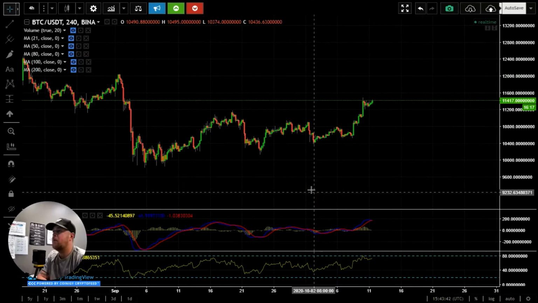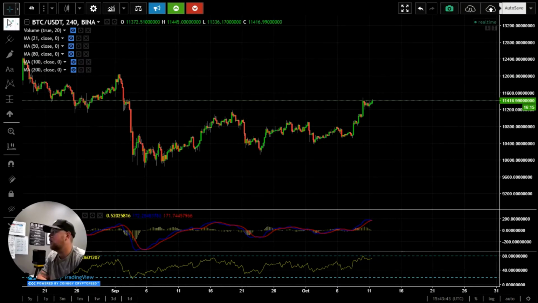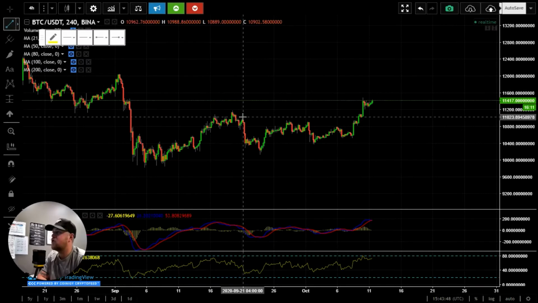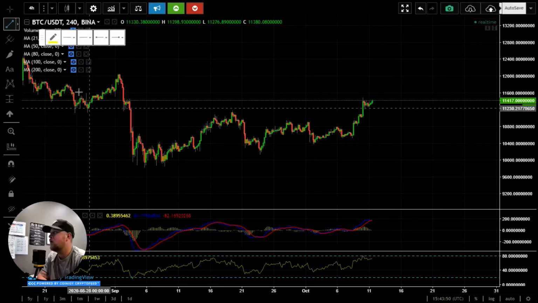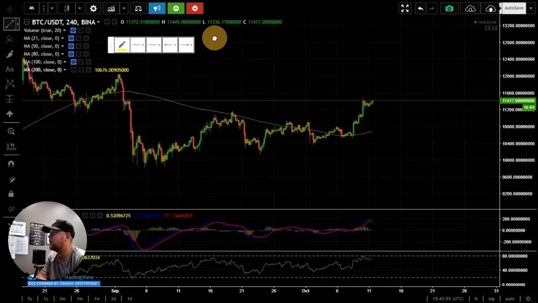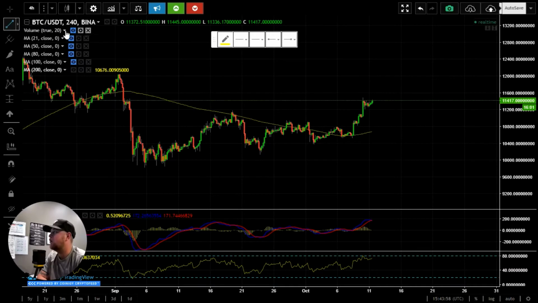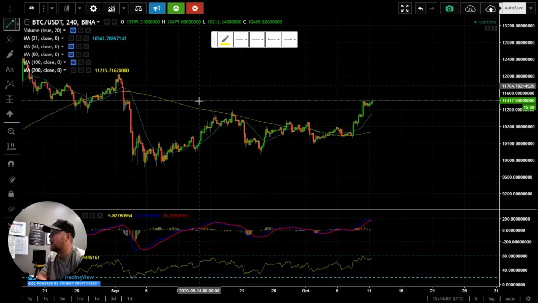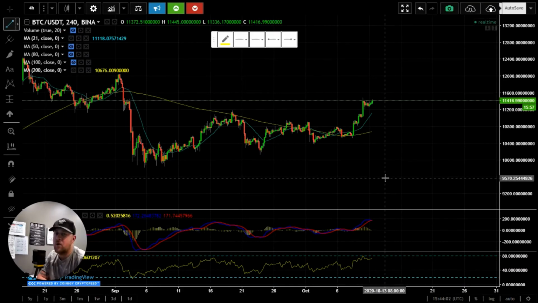But if we hop up here to Bitcoin, here's your trend line up here in the top left. This is the next thing I do. Oh, before we get started, we better turn on the 200 4-hour candle moving average, and the 21 MA. So when people are talking about MAs, moving averages, if it's a 21 MA, that's